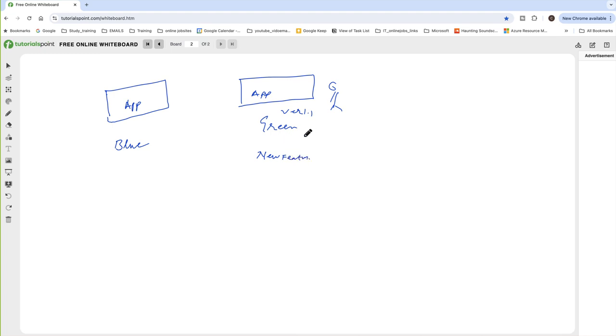So where would you deploy this feature? Where do you test it and develop this feature? Tell me. I would test the feature in the green. No, because green is live now,